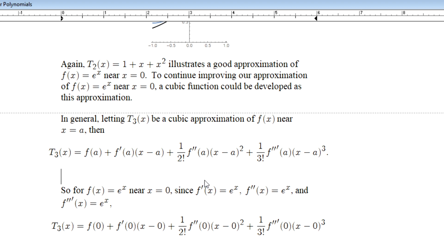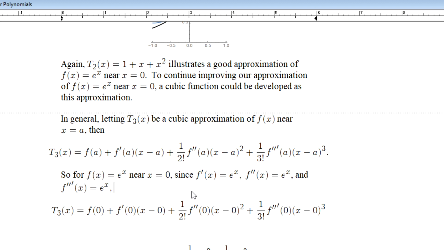let's see here. I have a little sticky line. Let me get rid of the sticky line. Ooh, how am I going to do that here? Actually, I'm going to grab it right there. There we go. Okay. So for f of x equal to e to the x near x equal to 0,